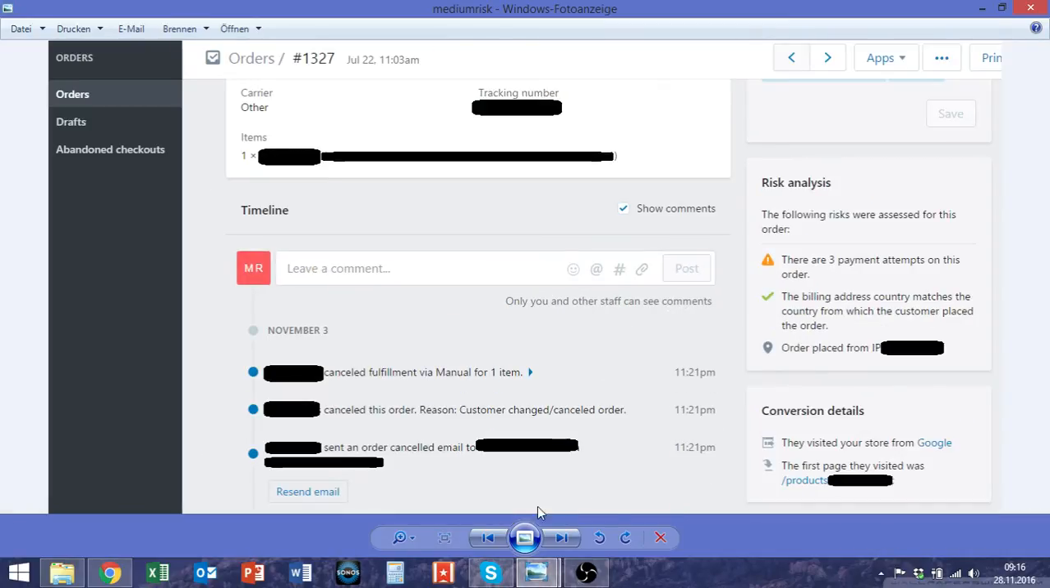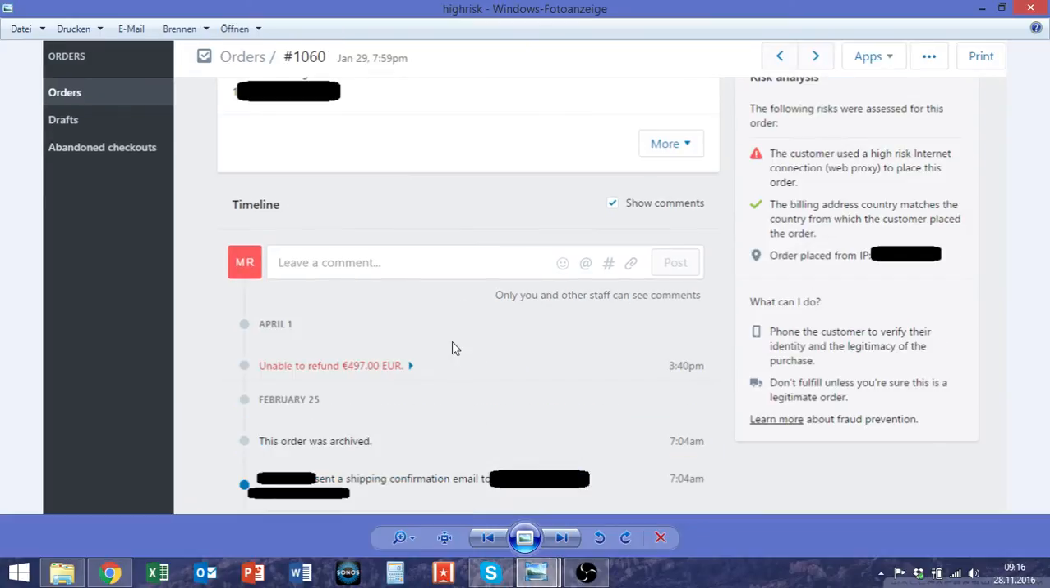So in this case, we have a high risk order, and this one is pretty old, as you can see here, end of January this year. But it was actually one of my only few really high risk orders. Most of my risk orders are medium. And in this case, the customer used a high risk internet connection, so he used a web proxy to place the order. This, of course, is a little more risky. I mean, normal people don't use web proxies to browse the web. But actually, even though this was a high risk order, I still processed it. So for me, it's not really a problem, because